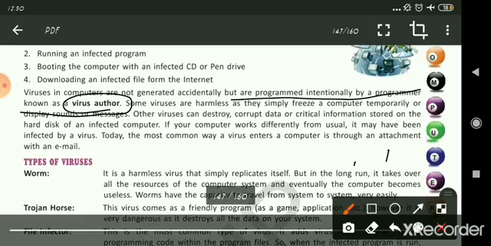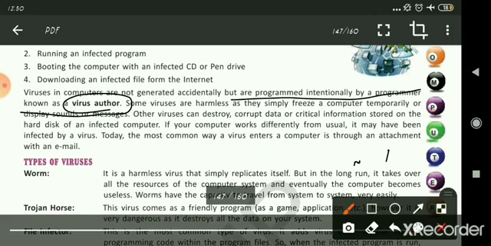Some viruses are harmless as they simply freeze a computer temporarily or display sounds or messages. So there are some viruses which are harmless that will freeze your computer while you are working on something, playing games or watching movies or doing any work. Suddenly your computer freezes temporarily or starts displaying some sounds or messages. Other viruses can destroy, corrupt data and critical information stored on the hard disk of an infected computer.